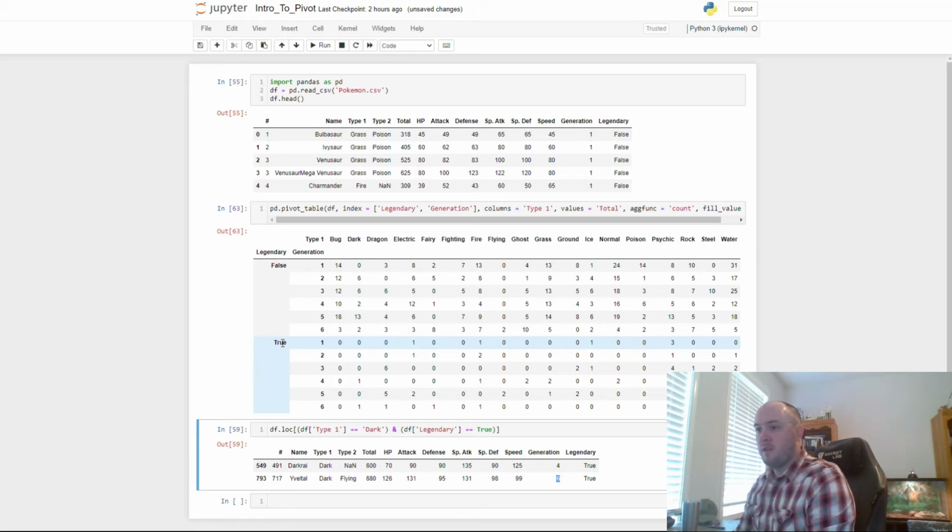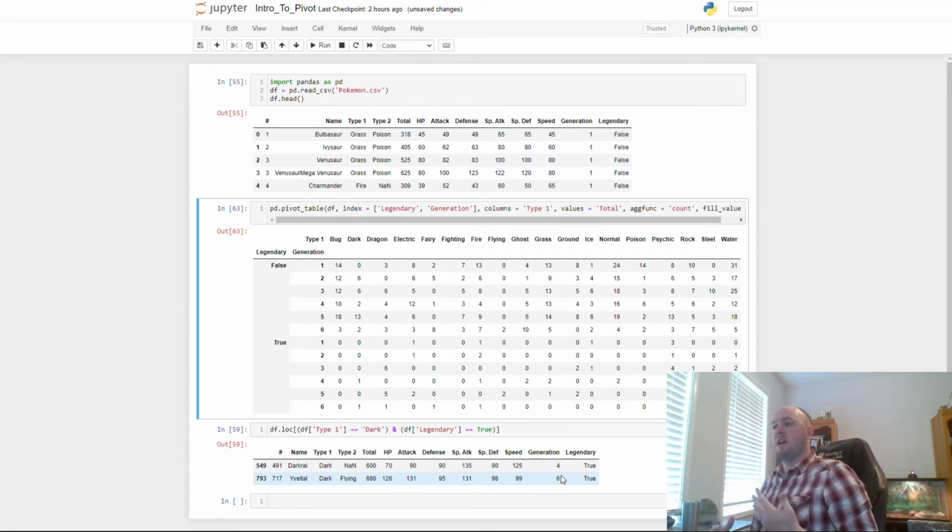Looking at our example down here, we have a 4th and a 6th generation. So we see true for our legendary, right, because we indexed on that. Then generation, we see that it's 4. So we come here, go to dark, and we see 1. And that matches. 6, and that matches. Okay, so you're kind of starting to see how you can use your pandas to take your data and make